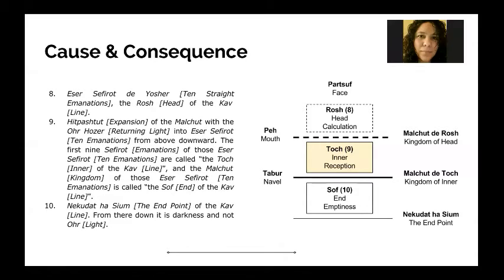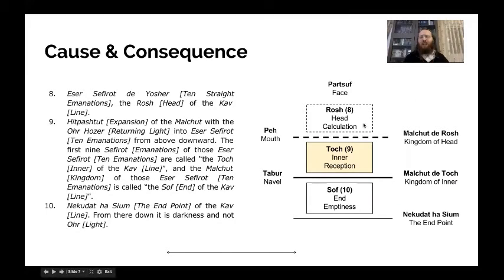Okay, I was trying to make a distinction between what you mentioned here, 8, 9, and then number 10. It ends in emptiness. And when you had the drawing of the line, like you mentioned the calculation, and there's a calculation in a reception, but then there's this end or emptiness. I was trying to see what's the difference. What is contained in number 10 that is perceived as end and emptiness, versus number 8 and 9.